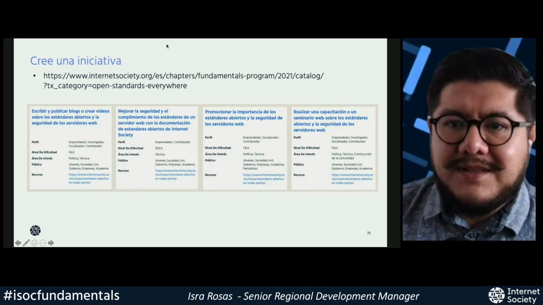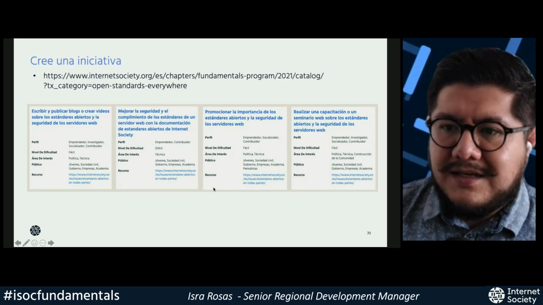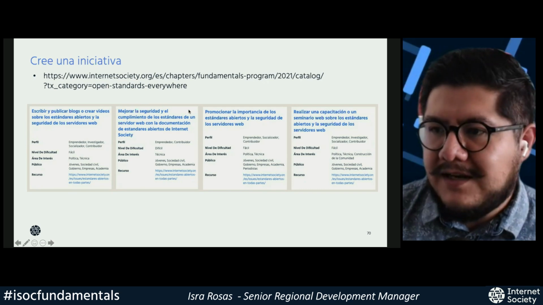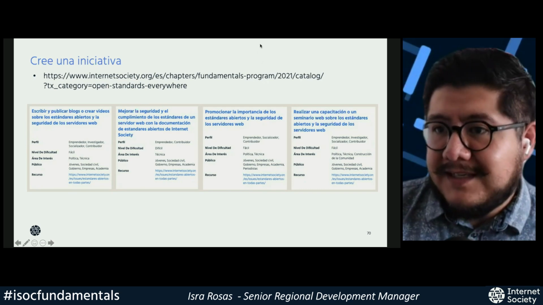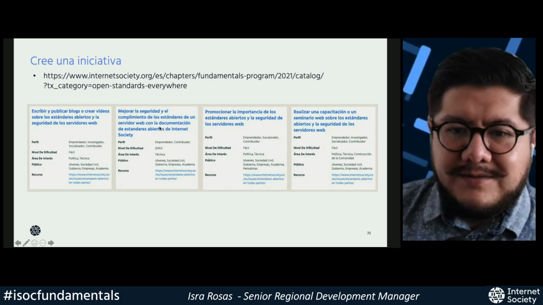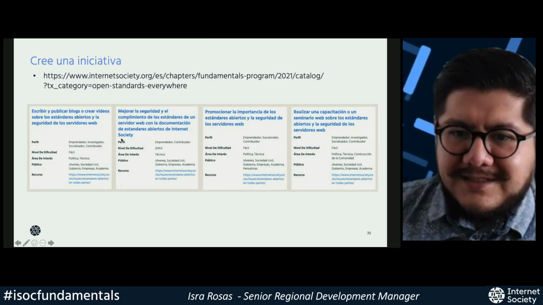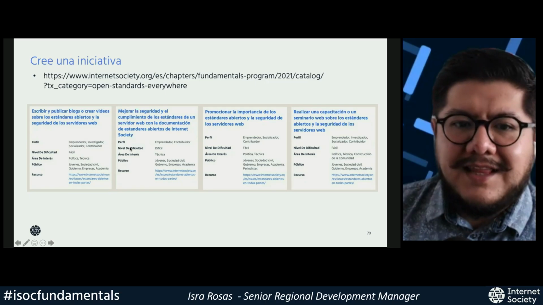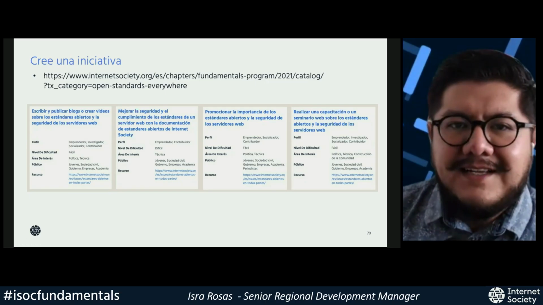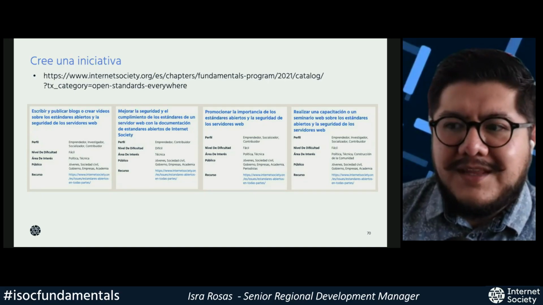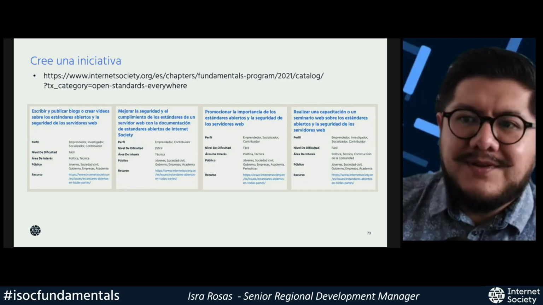Some of them take a bit more time, but in general, each implementation substantially improves the score your website gets at the end of the implementation. So I imagine two initiatives. On the one hand, you can improve compliance with these standards, but at the same time, you can document that improvement via a blog or via video.